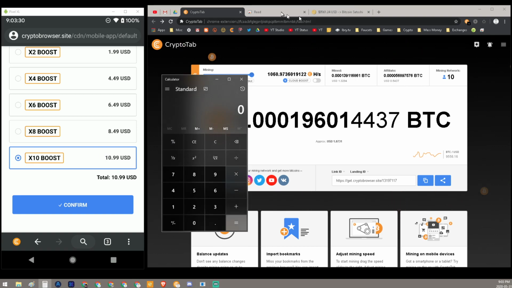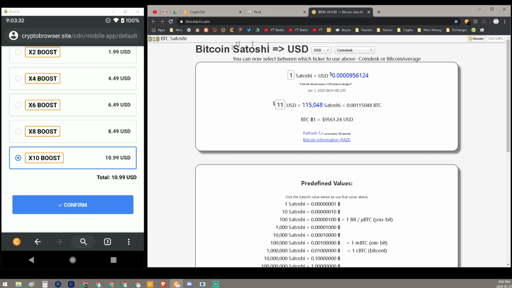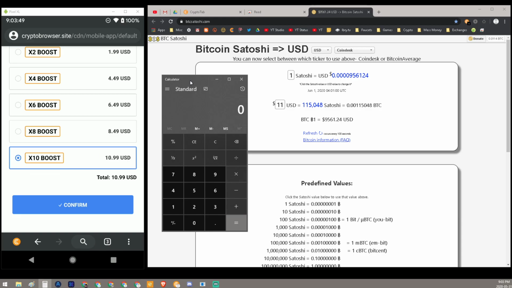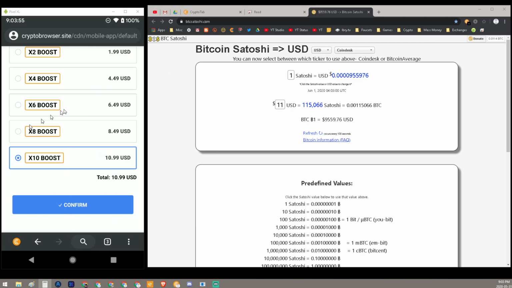What is $11 US, you might ask? Well, using the Bitcoin to Satoshi website here, btcsatoshi.com, it's just a site I use, simple enough. They're saying it's about 115,000 Satoshis equals $11 US right now. Well, if that's true, how long will it take